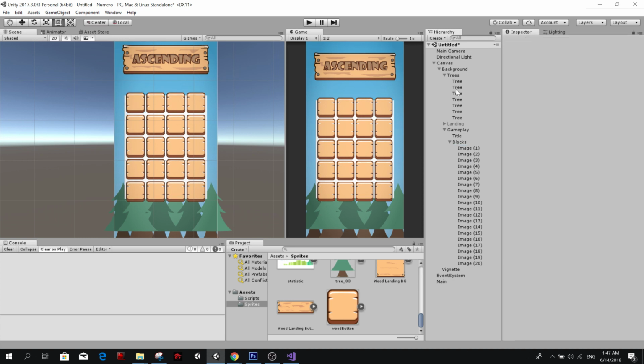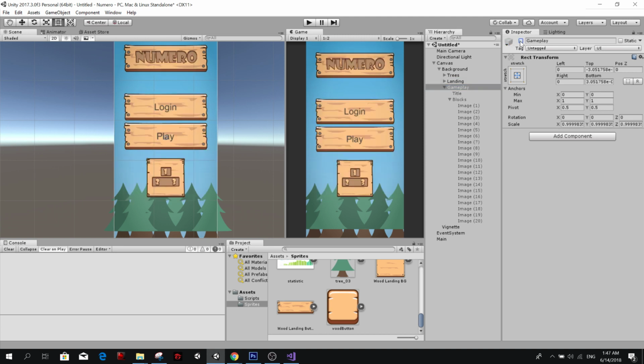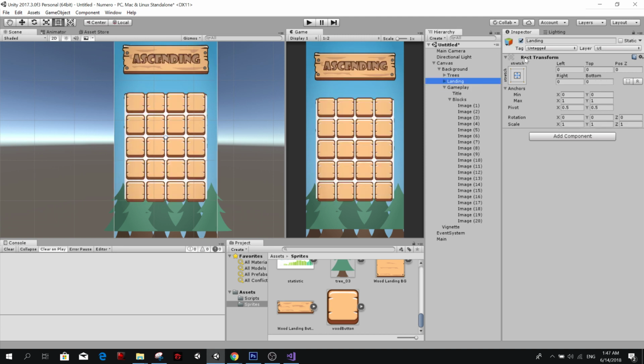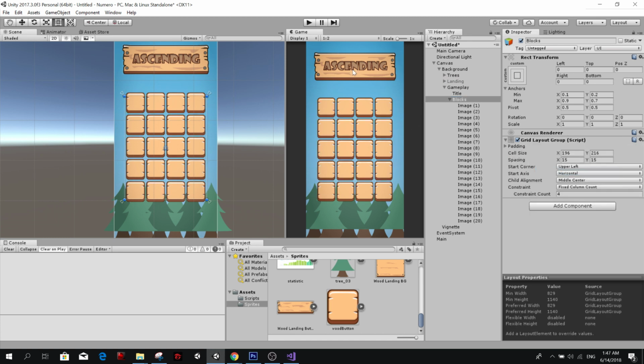So, alright. What we're going to do now is toggle between the gameplay and the landing. So we have the landing and we have this gameplay, right? Oh, and the blocks don't need to have this image. Actually, it was just for reference.